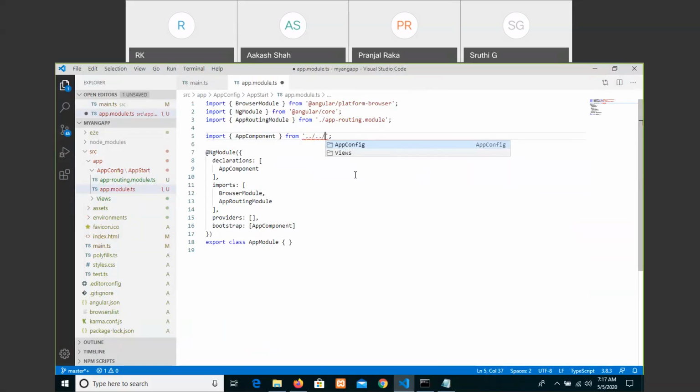But this app module is located in app config, app start, two folders inside that. So that's why you have to refer two levels up. We can say dot dot slash, dot slash, which is now giving app config or views. Which one do you want? We want views. In the views, we have home and the app component, and no need to write the .ts extension.